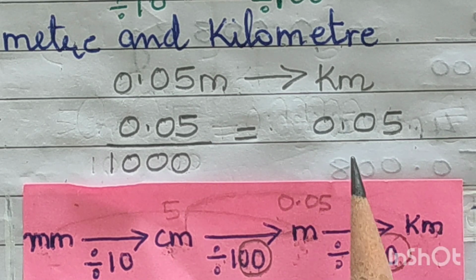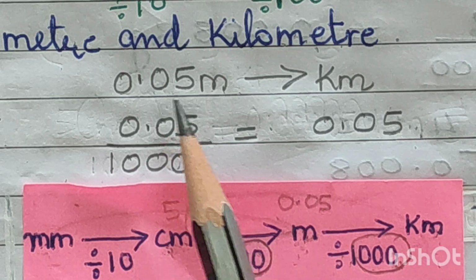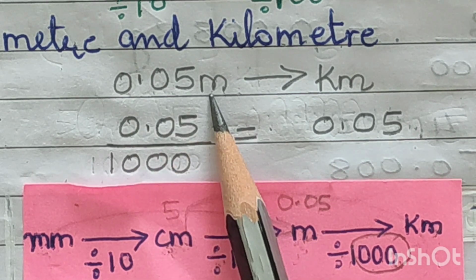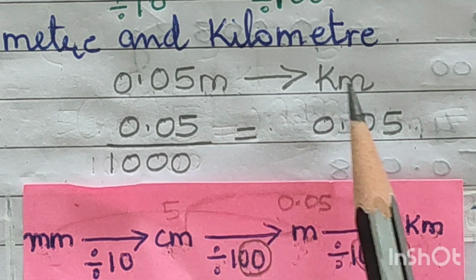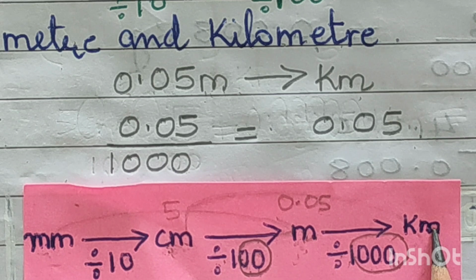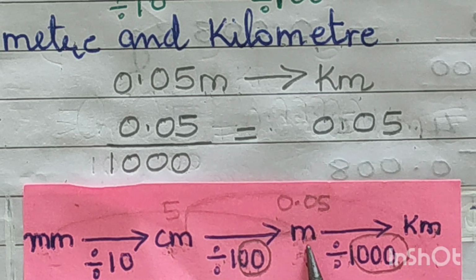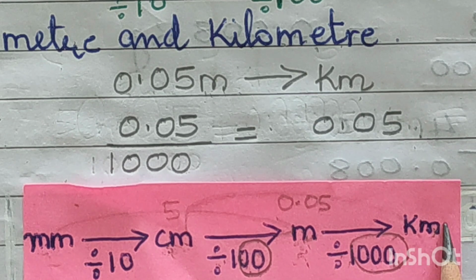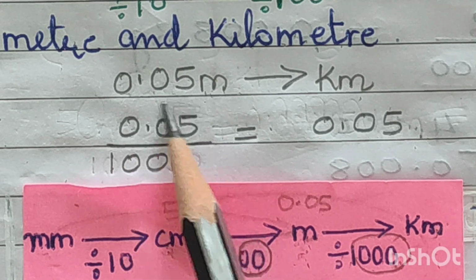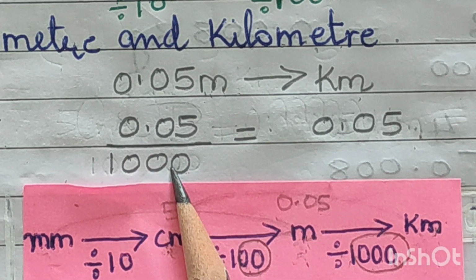Now another way to do this was with what you had already converted: 5 into 0.05 meters. You could take this value now and convert it to kilometers. We already know this value as 0.05. If you simply divide the value by 1000, we'll be able to convert it into kilometers. So take the value, which was in meters, and divide by 1000 to make it into kilometers.